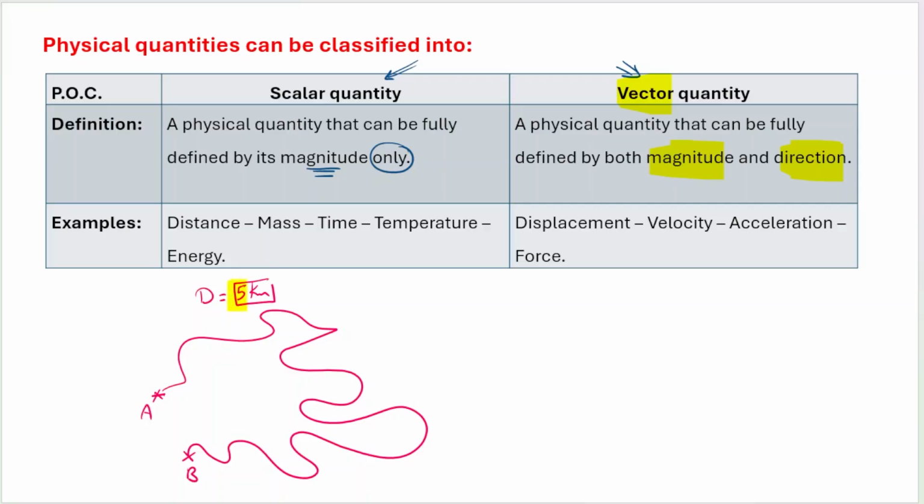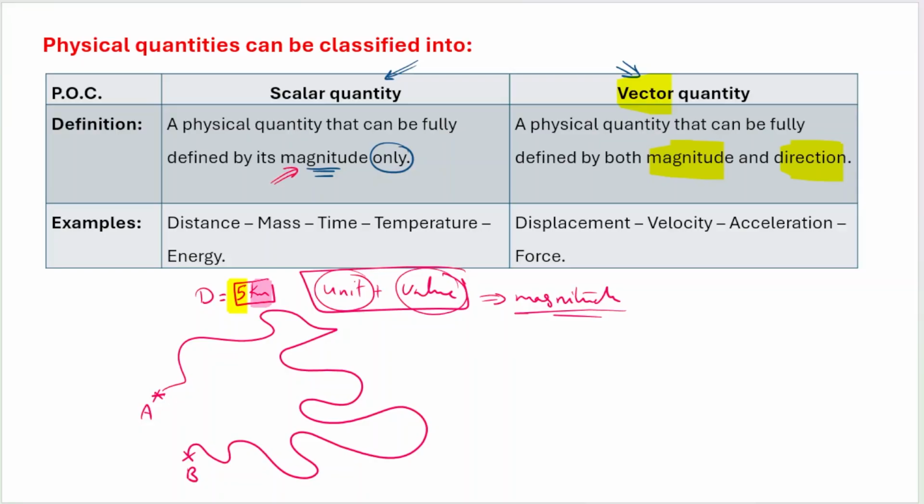This 5 represents the value, and this kilometer represents the unit. Unit plus value represents magnitude. So what's meant by magnitude is just a value followed by a unit. If any physical quantity that you are dealing with, you need just to know its magnitude,